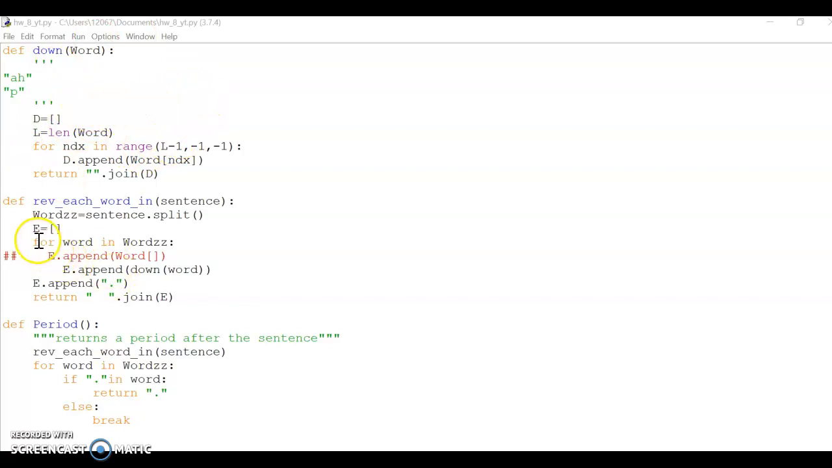So basically for word in words, which is right here, we have to dot append it with the empty list, down word. We append it because this code right here is just going to add the period. Add the period because when it gets reversed, the period is not going to be at the end of the sentence. So in order to do that, we have to do this function. We return quotation marks dot join e,